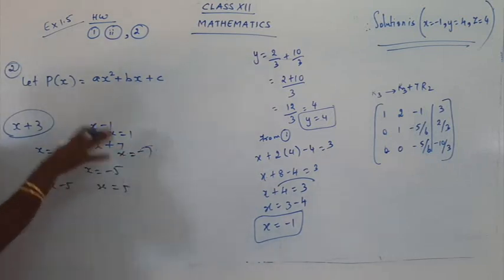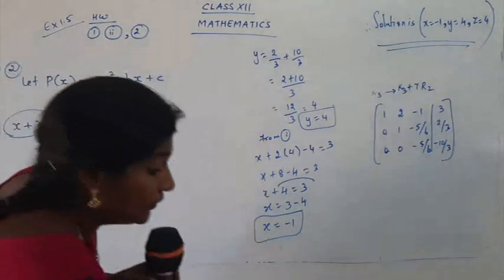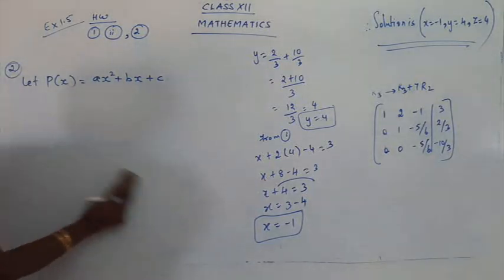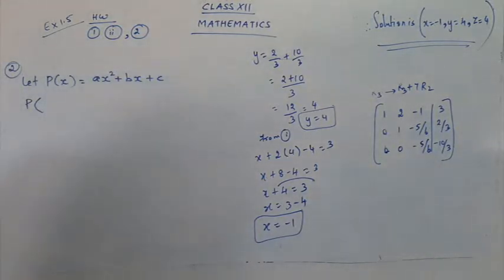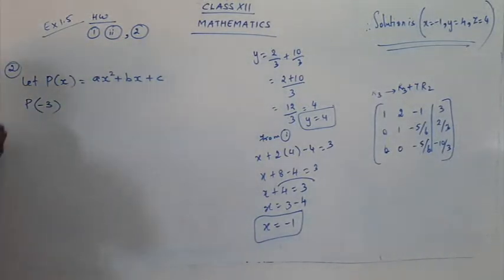Okay children, so we are going to follow this method and get the values of x. How many values are you going to get here? 3. Can you give me the 3 values? Minus 3, yes, 5 and 1. Okay, let's substitute the values in the given polynomial. So we are going to take P of minus 3, since it's divided by x plus 3. I'm going to do it directly. So what are you going to take here?